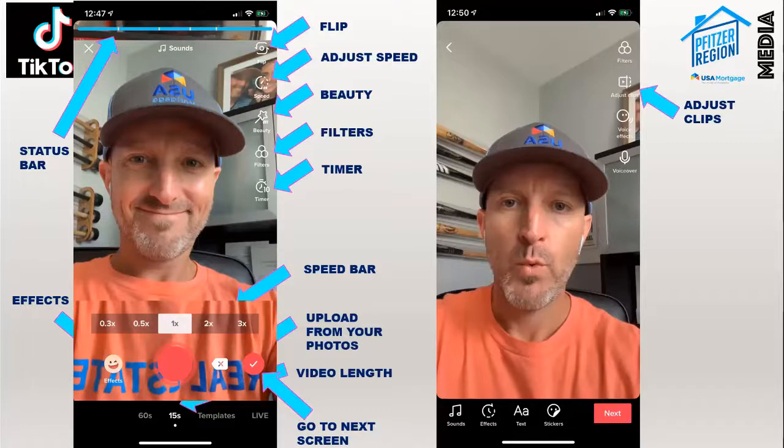Now, you can only do this after you've created all of your clips. So let's just say you've got a 30-second video, and it's broken up into 5 segments. And you want to adjust segment number 1 and then go record more. Well, you can't do that. You have to record the entire thing, then go back, and you can adjust each segment individually. This is no different than using the editing feature on your phone or editing in iMovie or any editing software. You can only adjust the beginning and the end. You can't adjust the middle. But this is where you can tighten it up, if the ending didn't end at the right time or again, you didn't use the timer feature, this is where you can adjust that. You can adjust the clips right here.